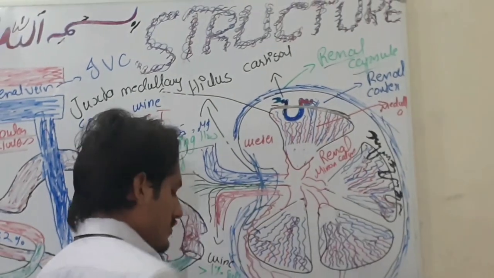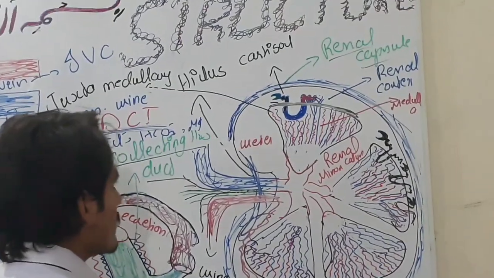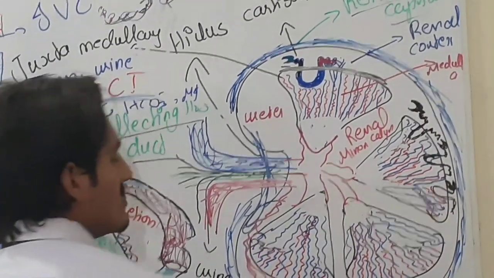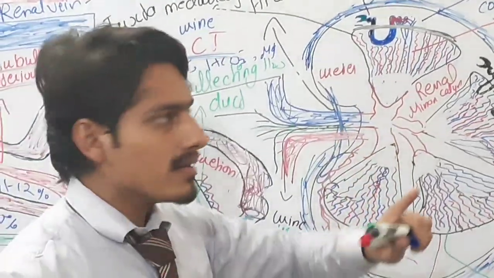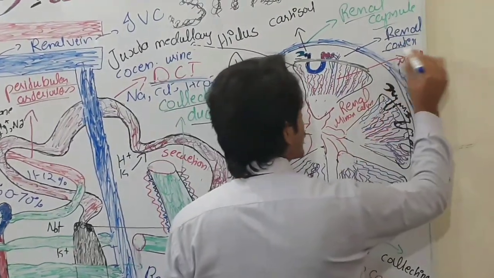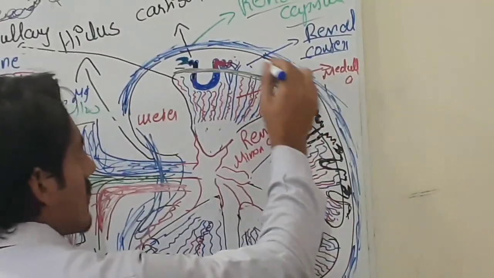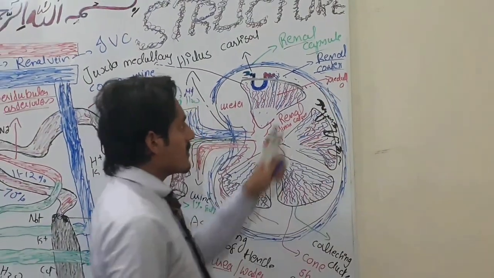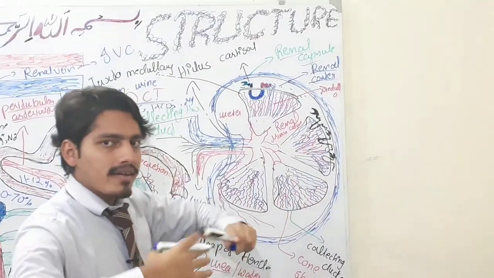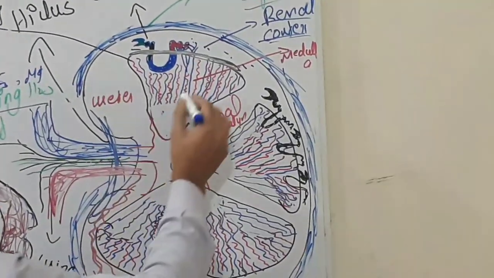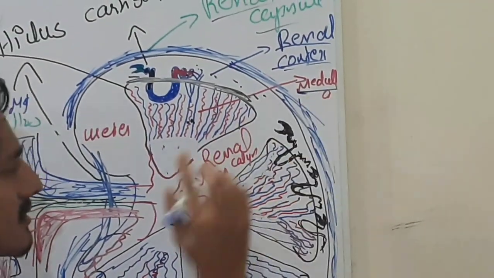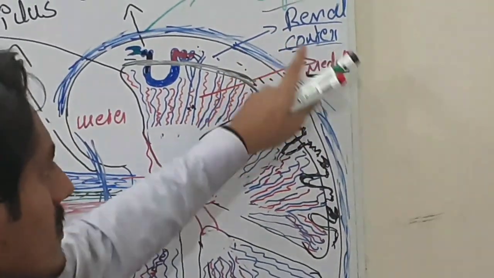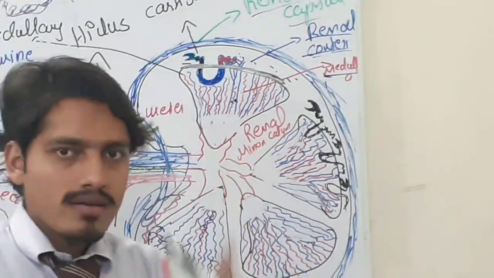You see it in a bluish color. This renal capsule is present outside each kidney. The next inner one is the renal cortex. You see there is a cortex, and when we move more inward, there is a structure called the medulla. So there are three layers: the renal capsule outside, the renal cortex inside it, and the medulla on the inner side. Three parts.